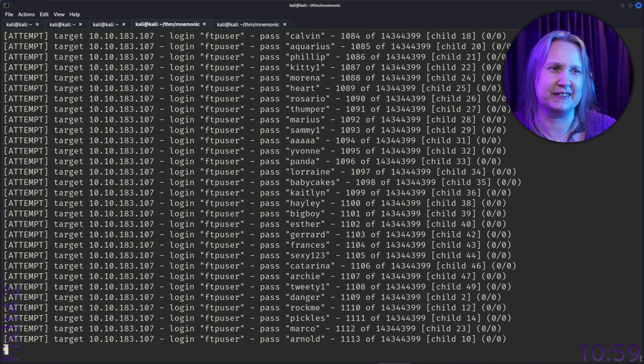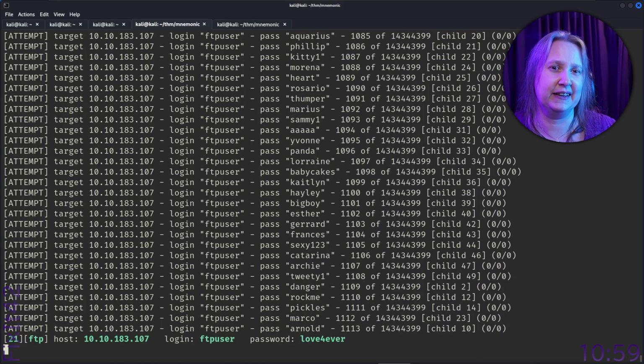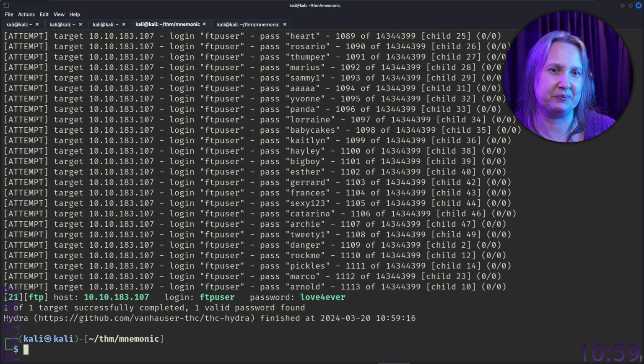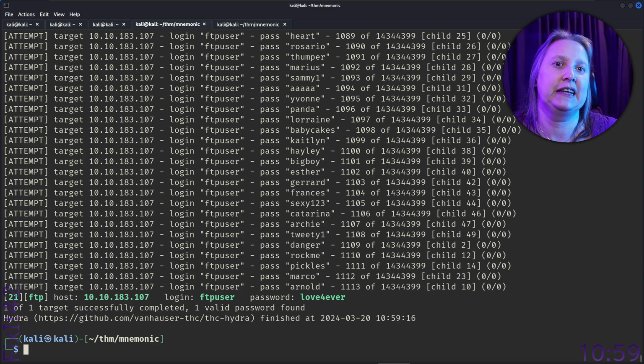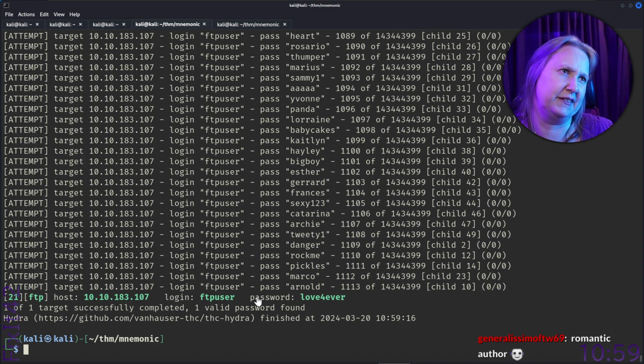Okay, look, we got it. So that's not very time consuming, but I think the threads thing was good anyway. But just this, romantic author, smile 113. Yeah, that's a funny password.